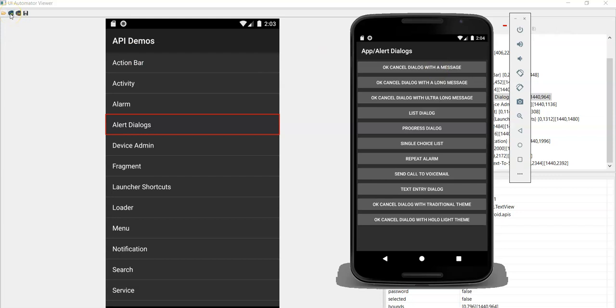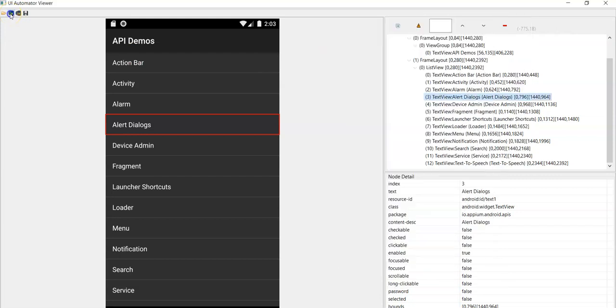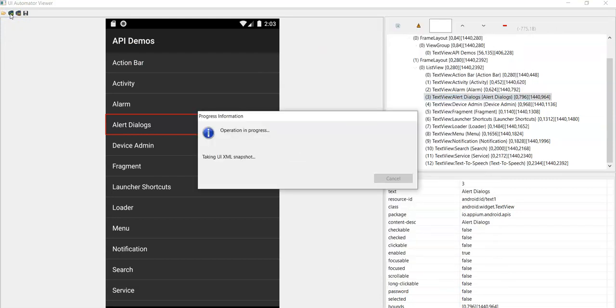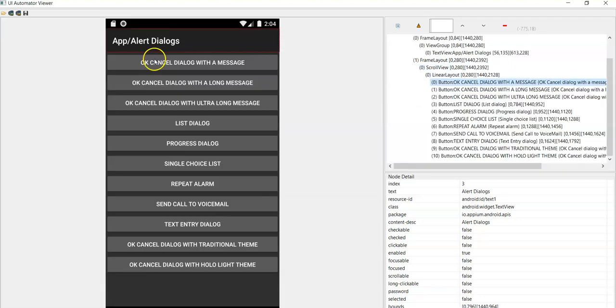You can check the content desc value for the first button. See, the text attribute value is in uppercase, but the content desc value is different, with lowercase. So in this case you need to update the content desc value with the lowercase a message.